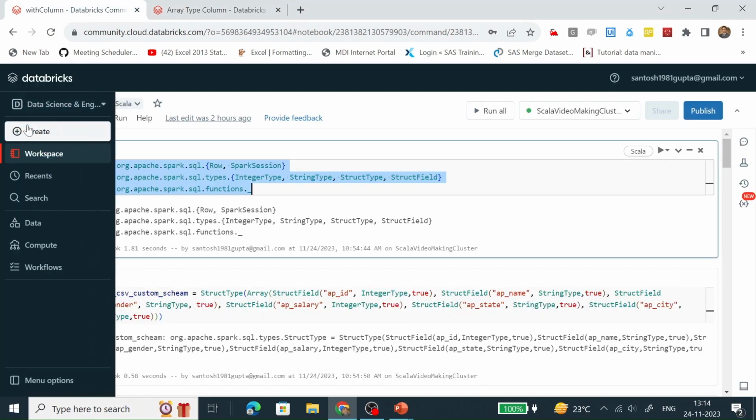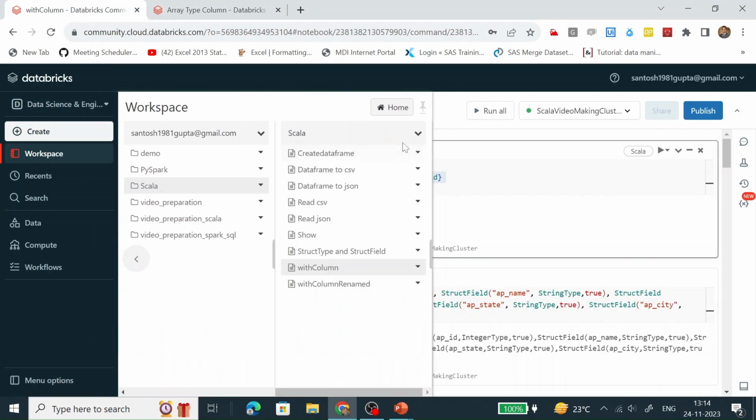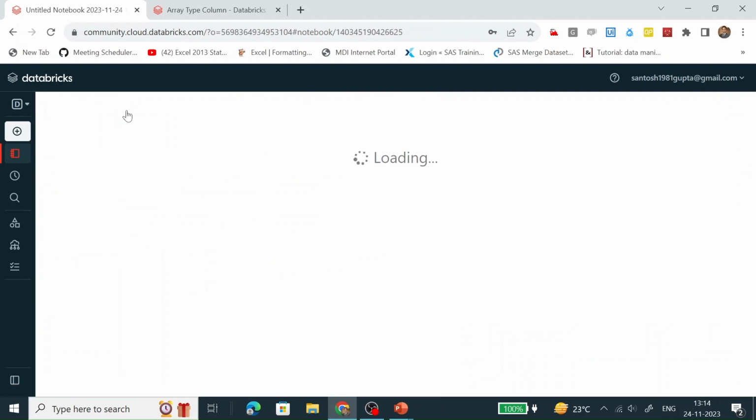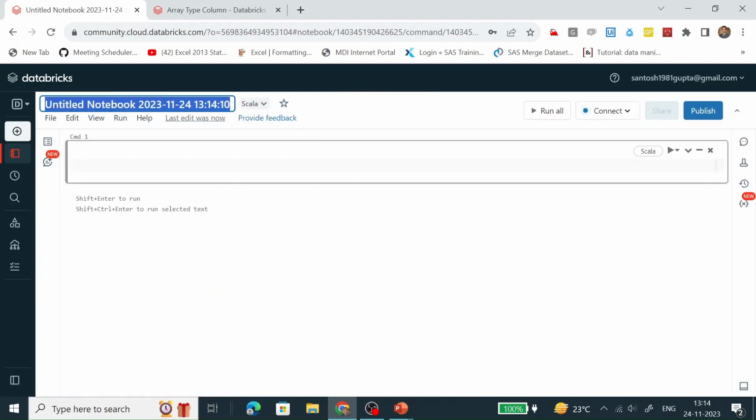Let's create a notebook. Let's connect with our running cluster.